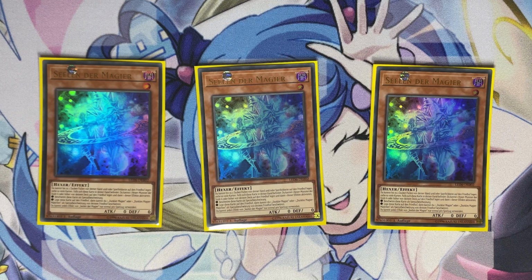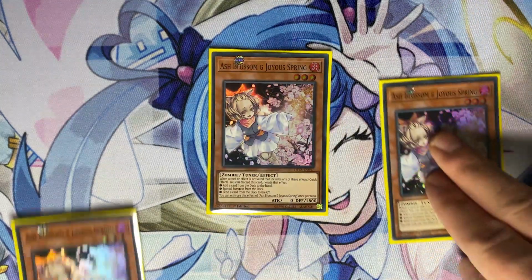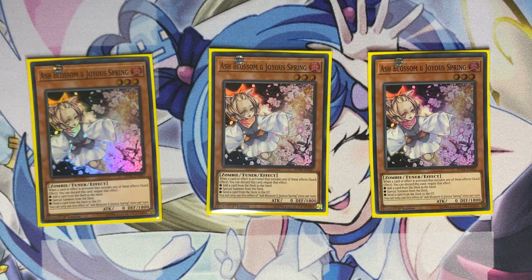The only hand trap I play in the deck is 3 copies of Ash Blossom. I didn't want to play too many hand traps, because 1, I don't think you need them, because you're playing a deck that has traps to try to break boards, and also I think Red Eyes Fusion is really good at breaking boards, because even if your opponent has a Calamities on the field, that doesn't make a lot to be able to get you out to not be able to play the game, because yes, you will not be